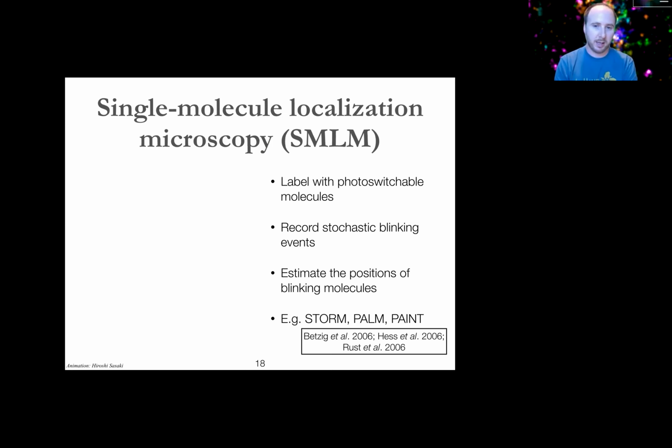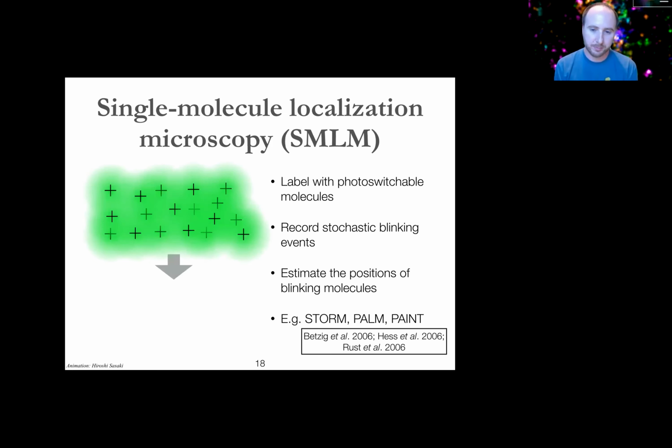So the way that SMLM works is that you would take an object that you're normally labeling with a population of fluorophores, because we always need at least a couple dozen of them or so to see anything in the nucleus over background, or maybe on the RNA in the cytoplasm, a bit fewer, but you're typically talking at least a population of 10 or more. So instead of having these all fluoresce as a group, the idea is that you somehow build stochasticity into the system, so individual dye molecules blink on and off at different times, such that you can then separate in space and time, if you take a time-lapse image of a static object, these blinking events.